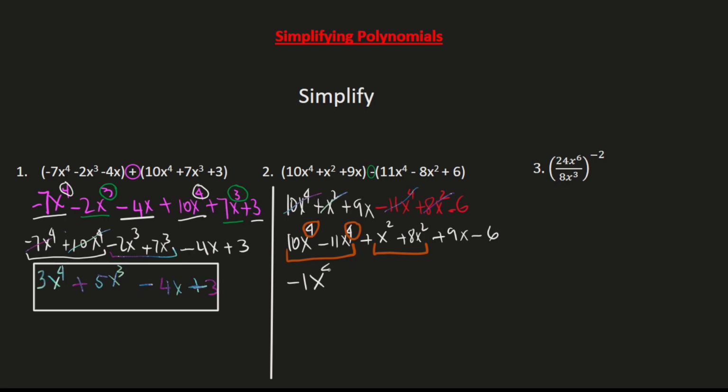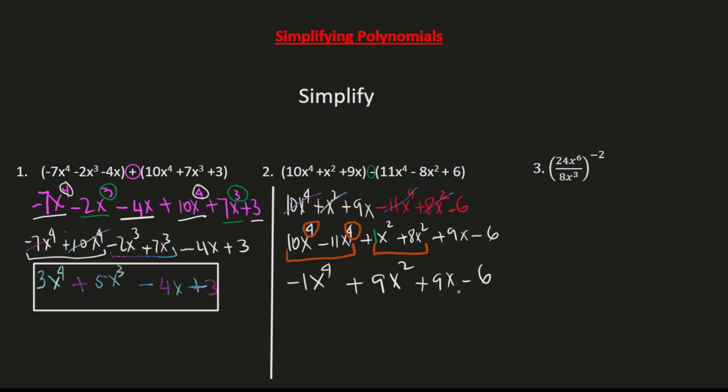This is minus 1, x to the 4th. Plus we get over here x squared plus 8x. But remember, x squared has an invisible 1 in front of it. So 1 plus 8 is 9. This is plus 9x squared. Not x to the 4th, guys. It's x squared because we didn't multiply to get x to the 4th. And we get plus 9x